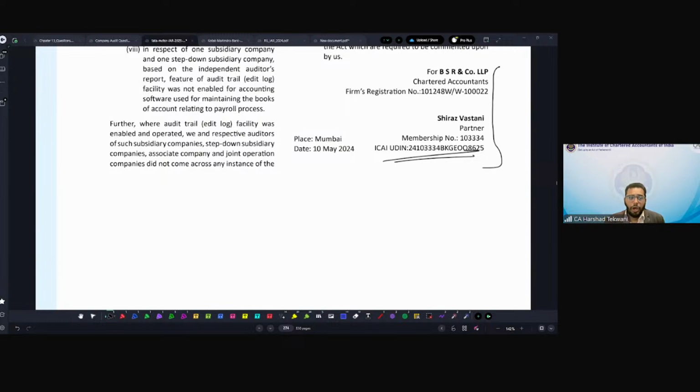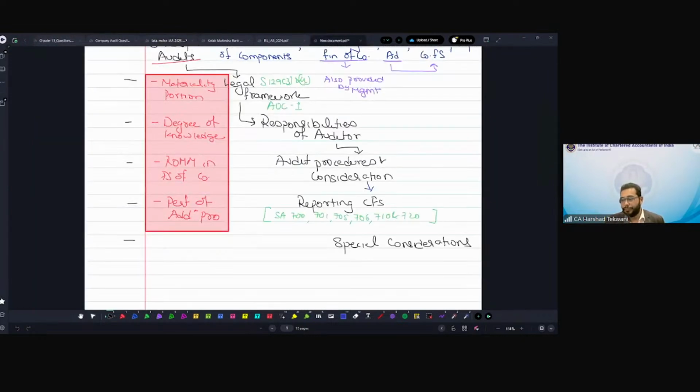This is how your consolidated financial statement reporting is done. So this is the reporting on the audit of CFS and your special considerations. Any doubt with respect to these points? So we discussed the CFS and then we discussed the special considerations like CARO,